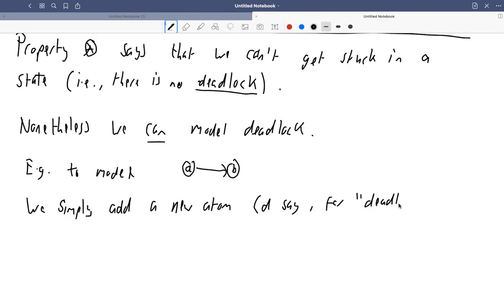Obviously, it doesn't matter what we call the atom, but we should know that it means deadlock. And model